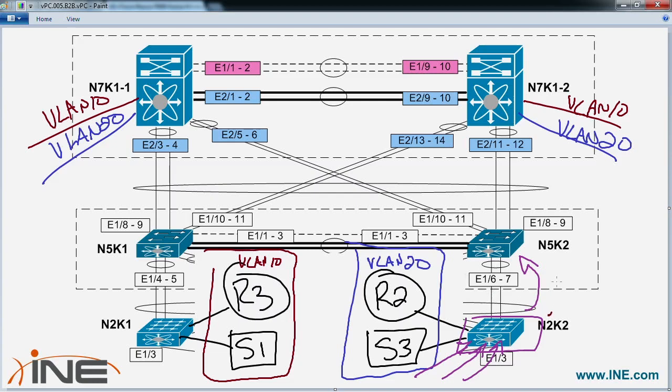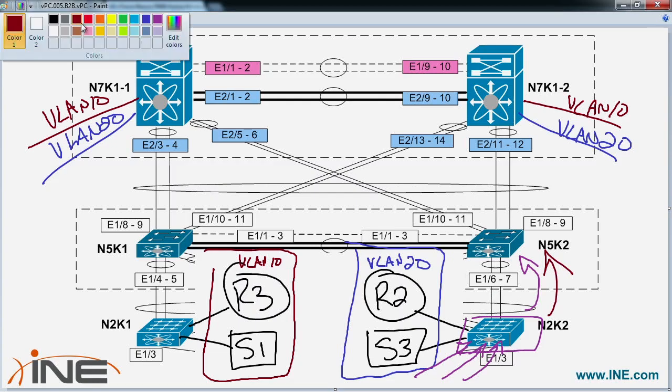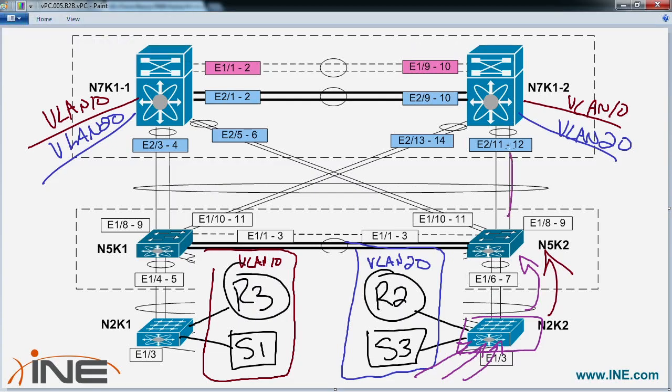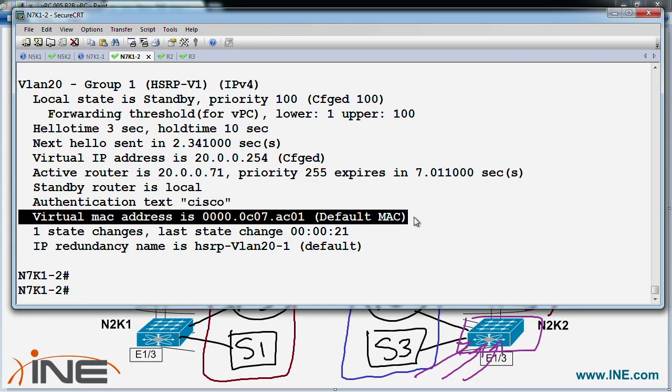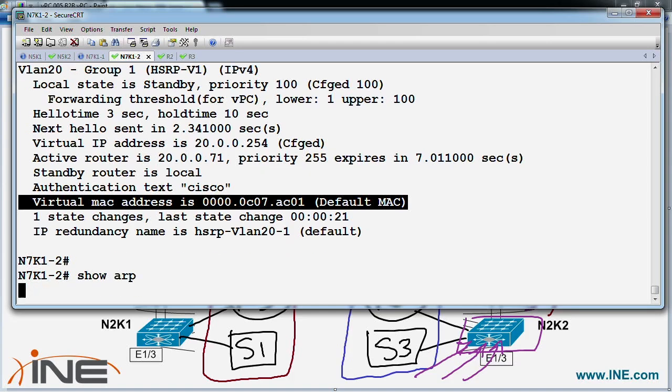So the traffic came in down here. Now it's forwarding up here. Now this device, again, this is not the active HSRP address. So normally what would happen is that I'm going to have to send the packets this direction to get to the .254 address, because this is the virtual gateway. And we would see this if we go to 7K2 here and look at the show ARP,